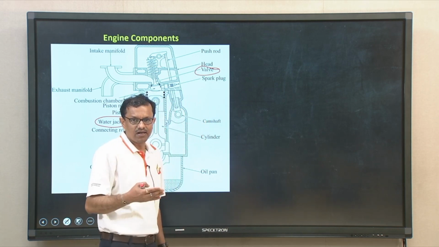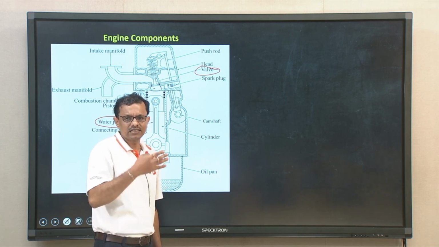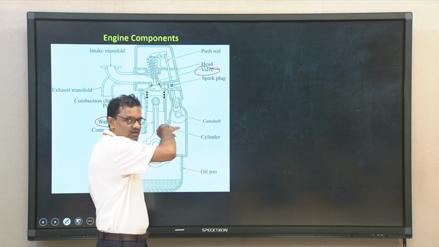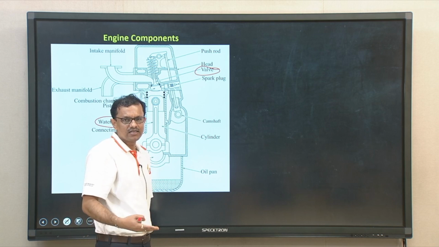That is a spring loaded valve. Initially it is spring loaded, so it will remain seated. We need to open it using a mechanical linkage, that is through the cam and follower mechanism,